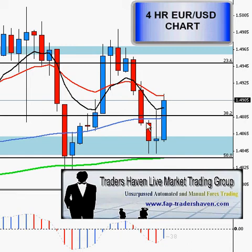Well, let's have a look at the trade summary for a couple of the trades. We can't go through all of them, but a couple of the trades that we set up, triggered and traded on the live session at Traders Haven. If you look at the chart in front of you, obviously the 4-hour USD chart, the first thing you'll notice